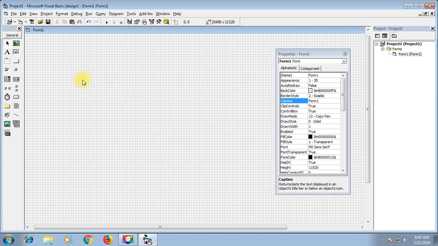So in this software most of the tasks will be accomplished through the mouse. You don't need to write more commands or remember commands. Directly, a start button is given here, or if you go to the run menu, then start, or the shortcut key F5, through which you can run the form.